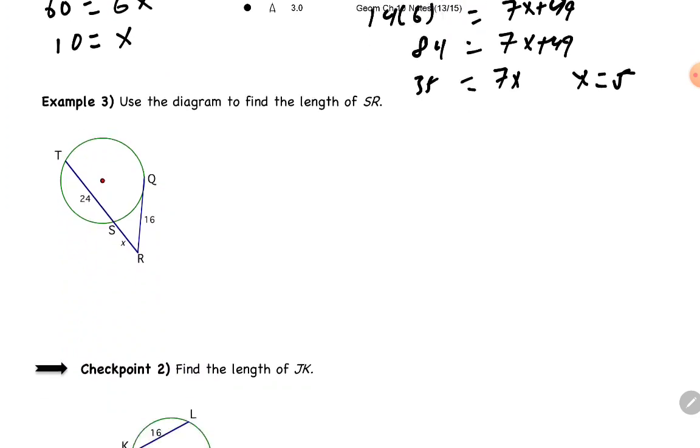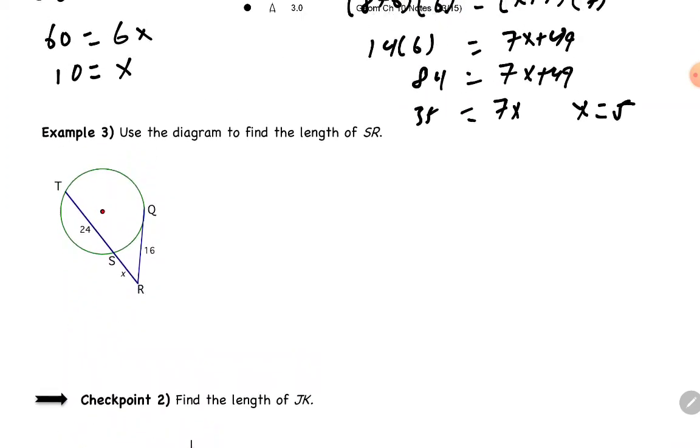Alright, example 3. Use the diagram to find the length of SR. So this is a tangent secant theorem. Okay, here's our tangent, and then our secant is the long one that hits it twice, right? Tangent hits the circle once, secant hits the circle twice. And this is going to be equal to QR squared is equal to